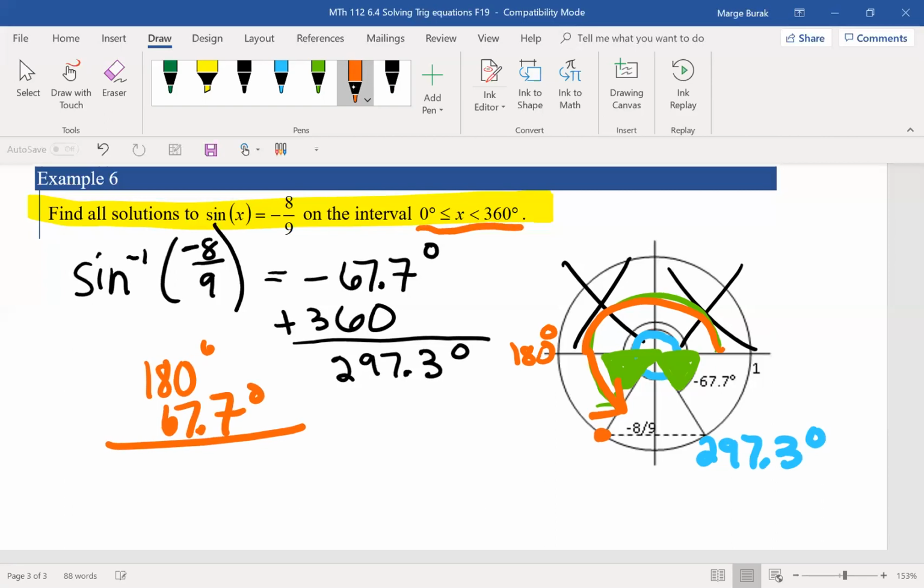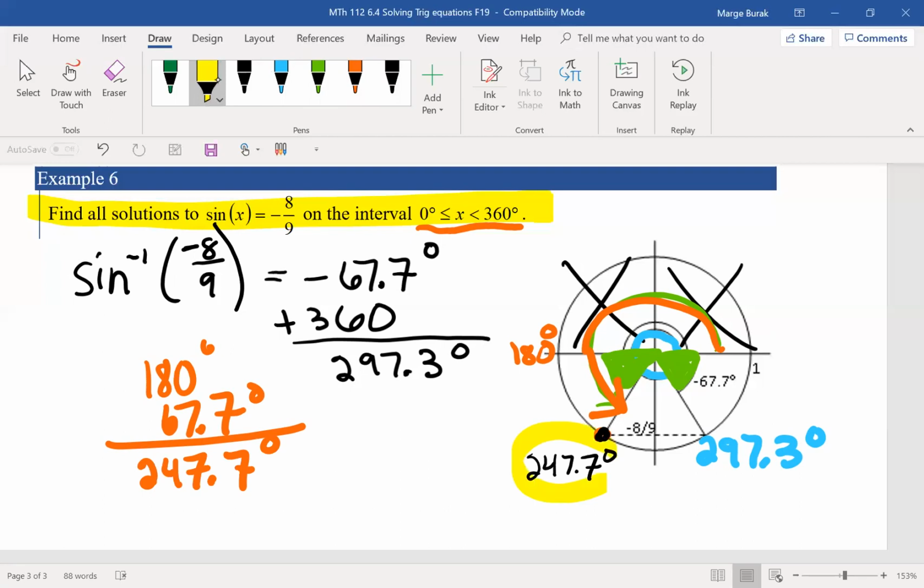And that's going to give me 247.7 degrees. 247.7 degrees is this angle. So my two answers are going to be 247.7 degrees and